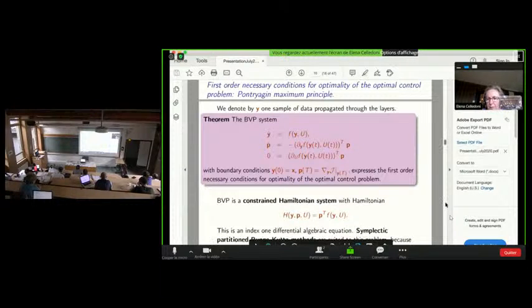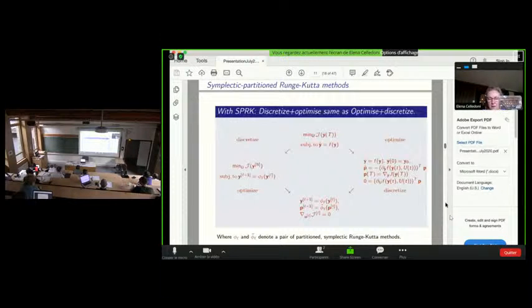So the typical numerical methods for solving these problems are symplectic Runge-Kutta methods, partitioned Runge-Kutta methods. And why is that so? The reason is the following result. I will state it in the form of a theorem in the next slide, but here is a schematic version of it, which is as follows.